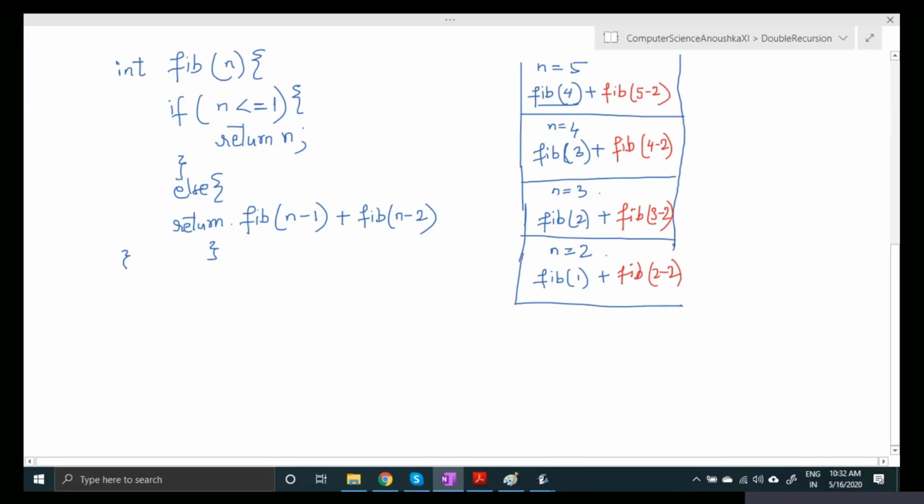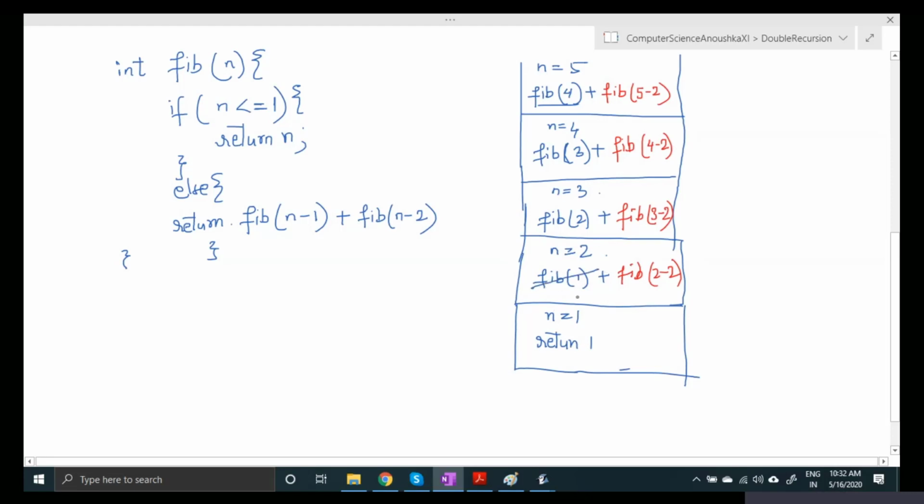So the next value is n equal to 1, right? So what it will do, it will return n. Return n means 1, so it will return 1.